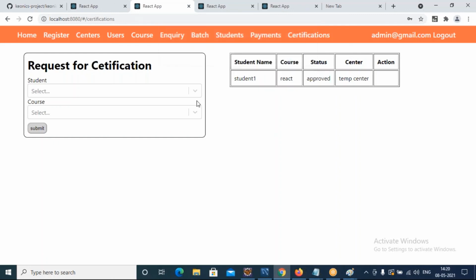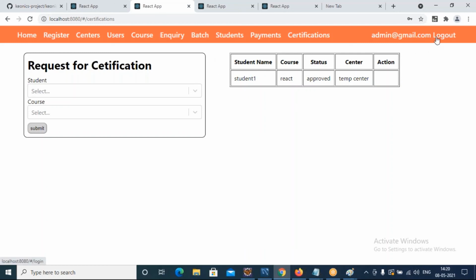So certification got approved. Once the certification got approved, we cannot do anything. The certification will be provided directly to the student from the organization end.